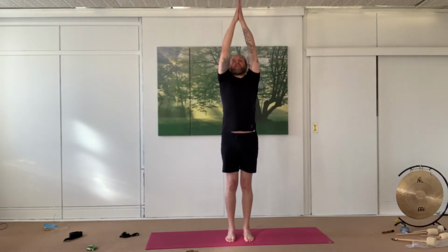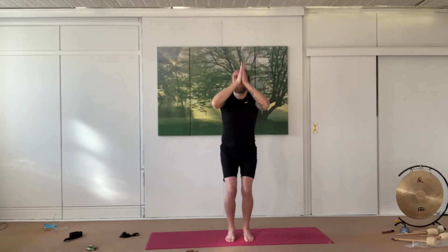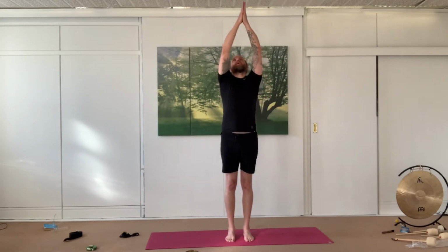Arms come to the side, take a bend in the legs. Straightening the legs, hands come up together above the head, and breathing out as you come down, taking the bend back in the legs, hands together in front of the chest, and coming up. Arms to the side as you bend your legs,